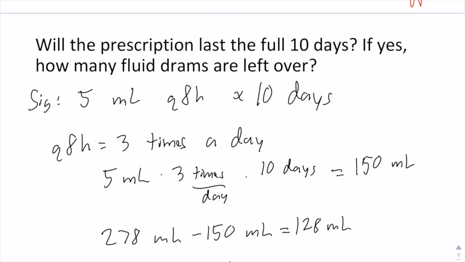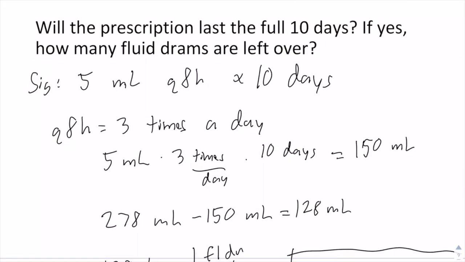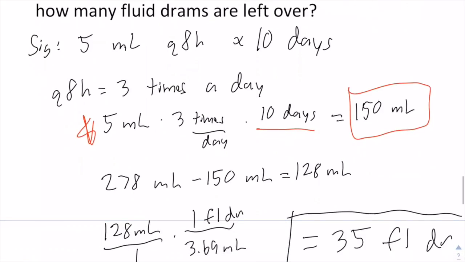Lastly, will the prescription last the full 10 days? If yes, how many fluid grams? So we have 5 mLs, and it says every 8 hours, which can also be 3 times a day. So you're going to multiply 5 mLs times 3 times a day, which gives you the 15, and then you're going to multiply by how many days the prescription is, which is 10 days, to get your 150 milliliters. And so if our leftover, we had 278 milliliters of total volume, minus the amount we used, 150, you're going to get 128 mLs